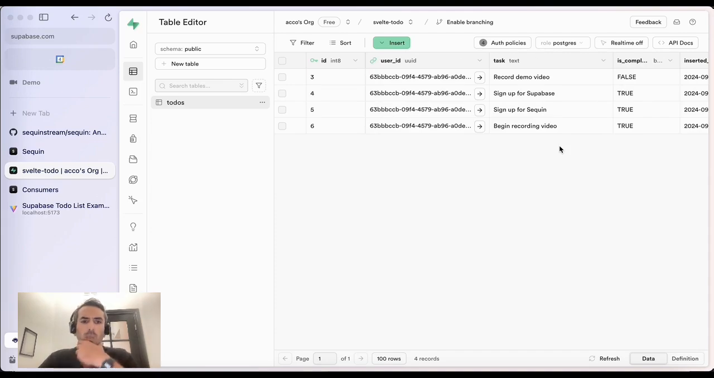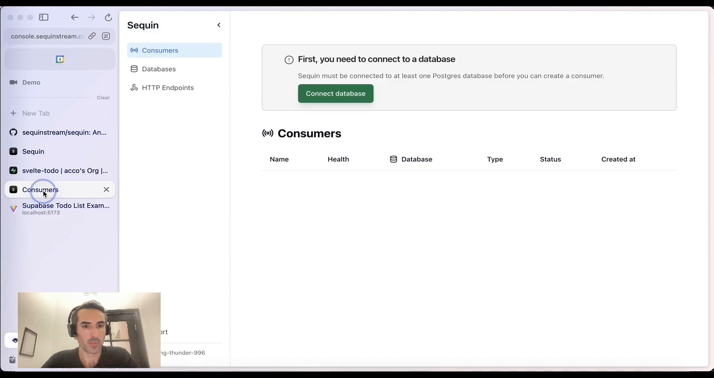So what I'll do in this demo is show how to connect Supabase to Sequin, and the end state will be whenever we make certain changes to the to-do list, we'll have those sent to an HTTP endpoint. So let's hop in here to Sequin. I already have an account. I can hit connect database,